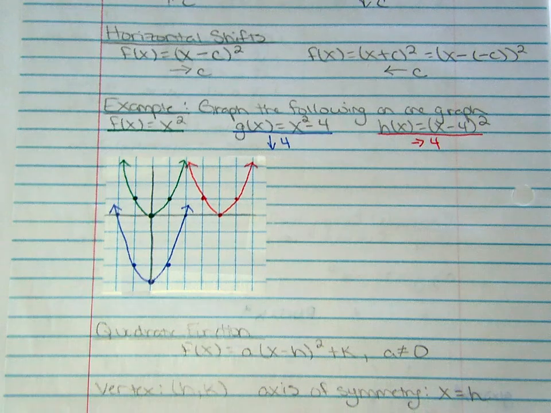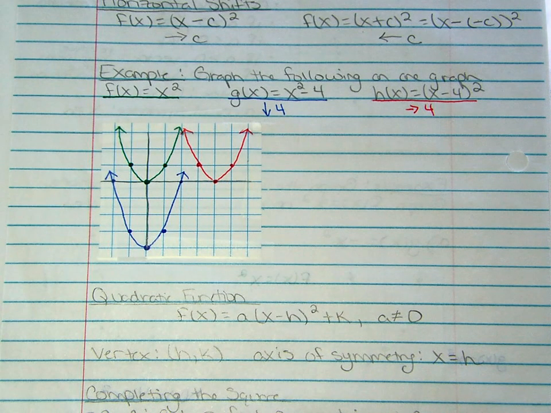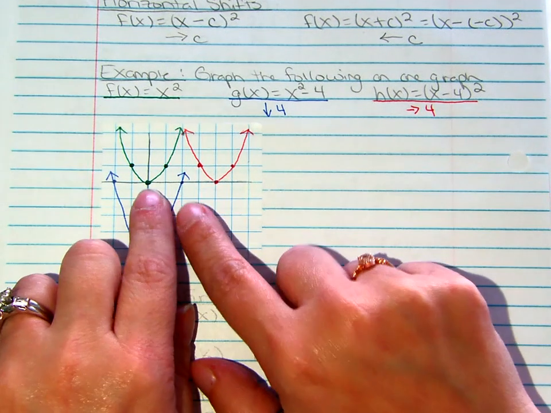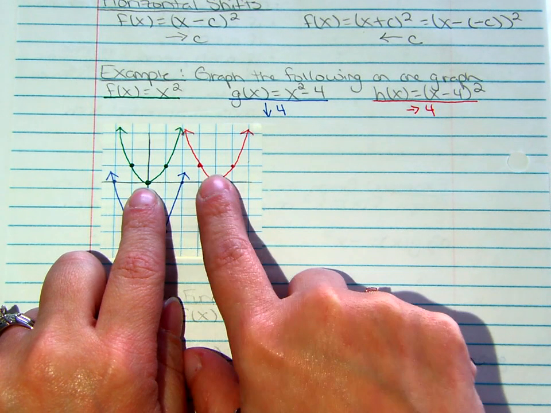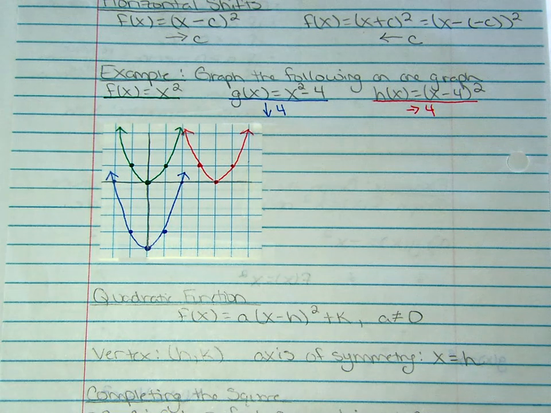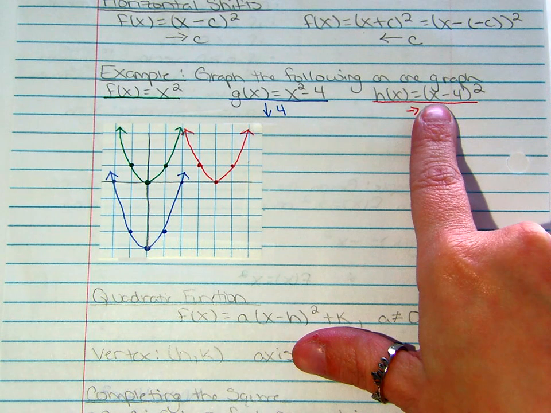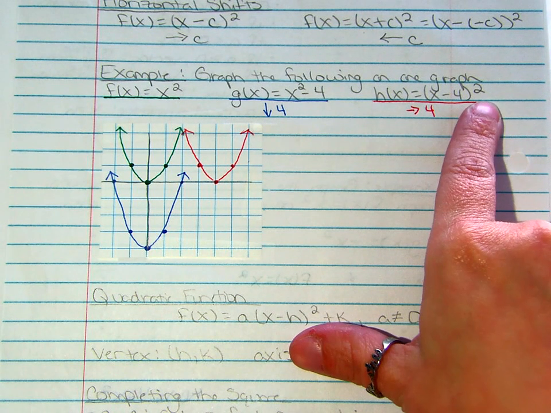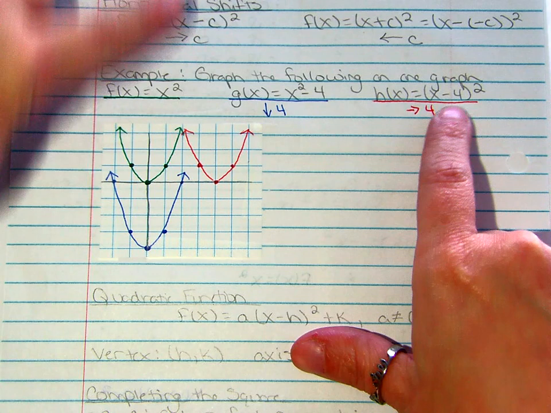And so what I did there is I started with my mother function and I took everything to the right, 4 units. But even if I didn't know that that's what that was telling me to do, I could still plug in 0. Plug in 0, and look what I'm going to get there. I'm going to have negative 4 squared, which is 16. That's going to be way up here. But that does match what's happening on my graph, because my red graph would keep coming up, up, up, up,